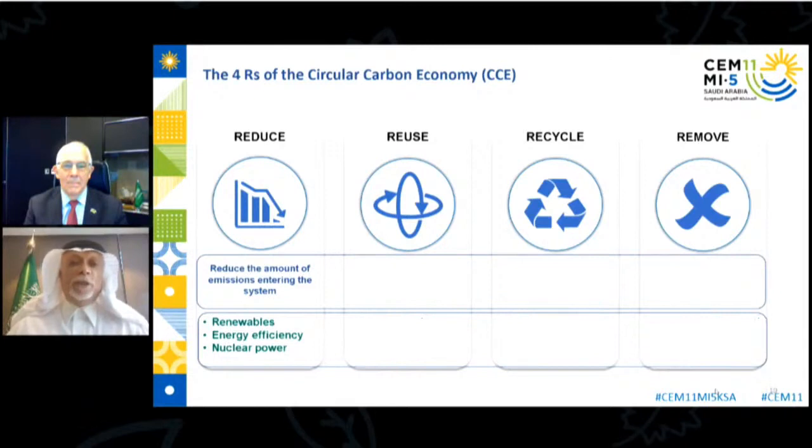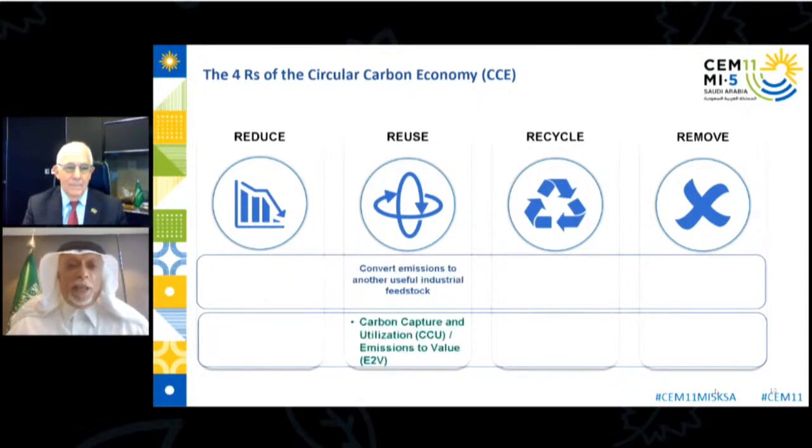So if I may start with the reduce component, the reduce component will focus notably on renewable technologies, energy efficiency, and nuclear power here, and this is a major component. However, that needs to be done even more, as a matter of fact. So if we really take and circulate